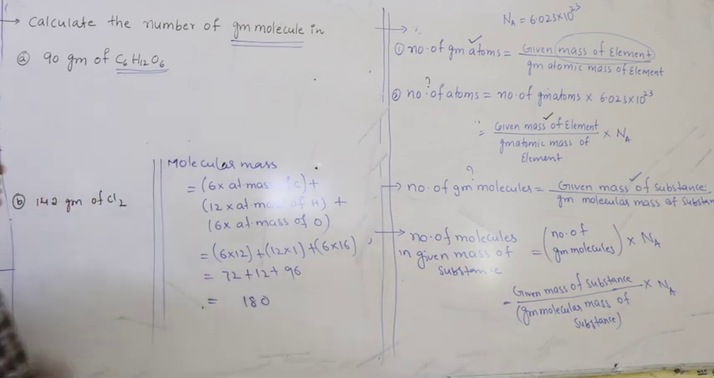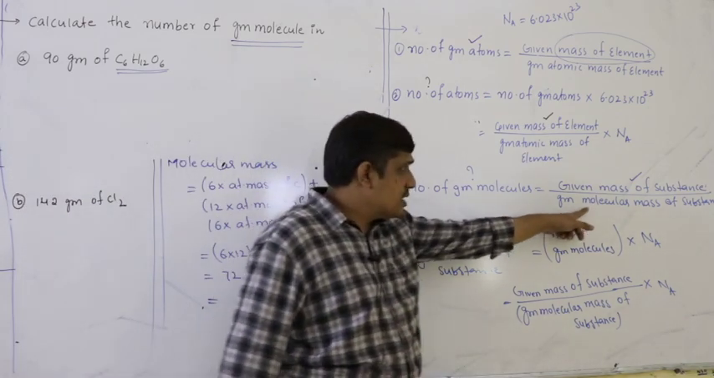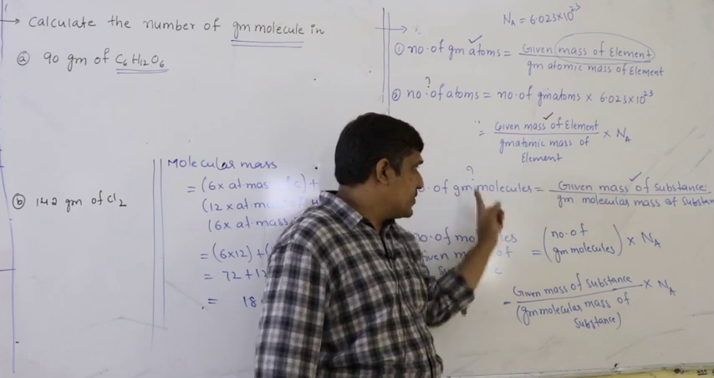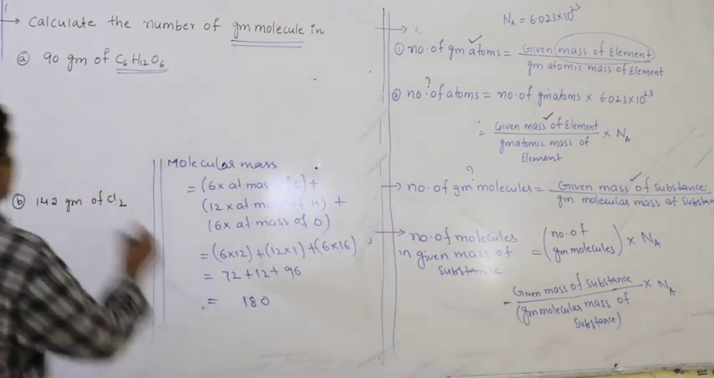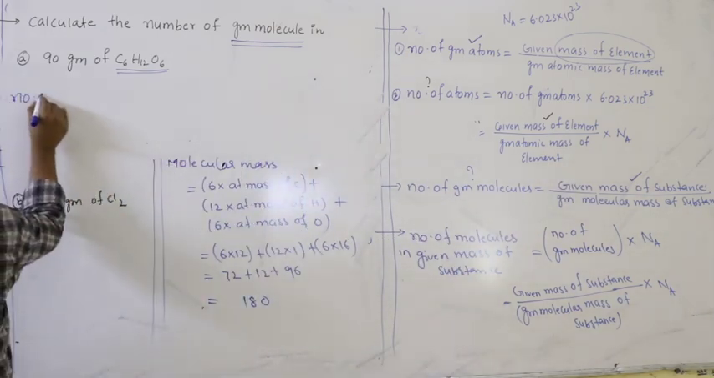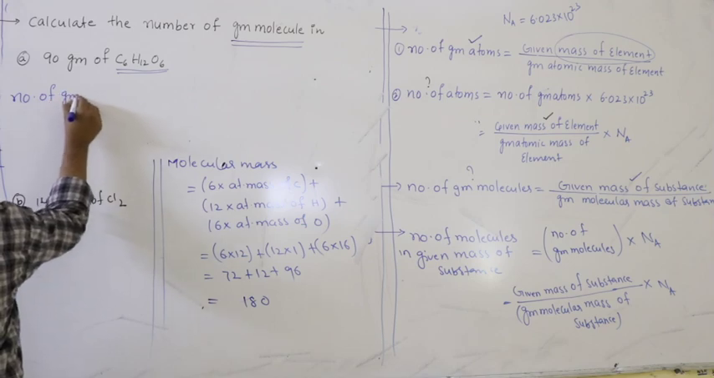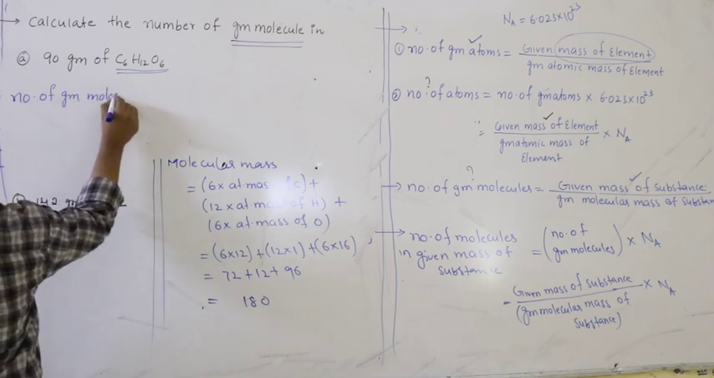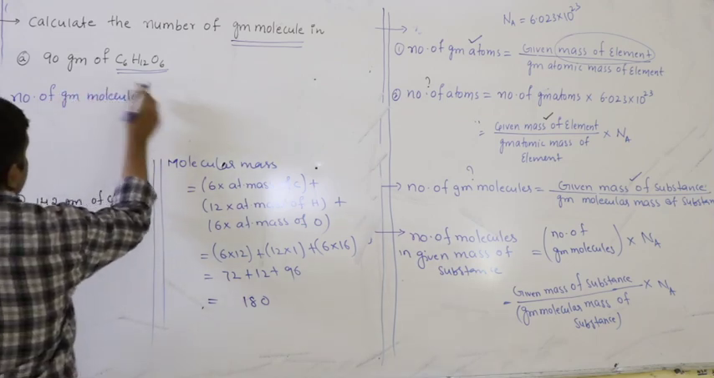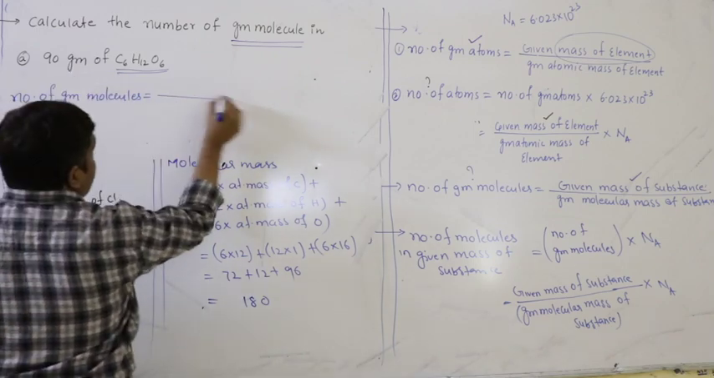So we will get 180. This is the molecular mass. So we know molecular mass, we know mass, then let us find number of gram molecules. Number of gram molecules of glucose. Given mass, what is given mass? 90 grams